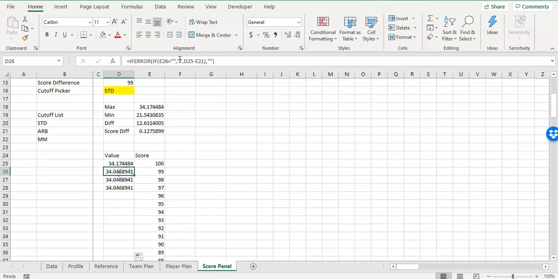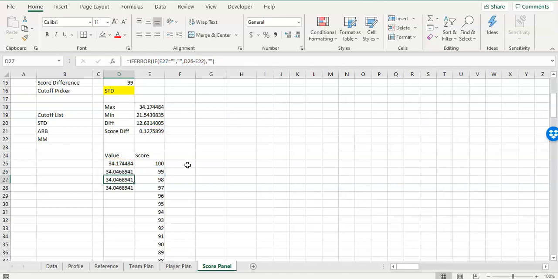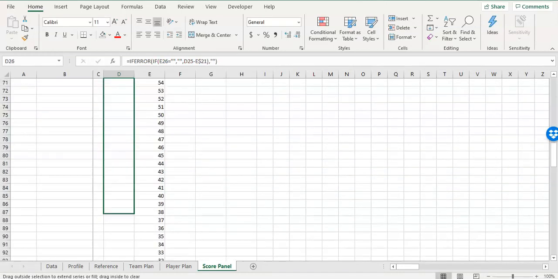Before you drag it down, we need to lock in E21. Or you know what, maybe we just lock in row 21, so when we copy and paste it, it'll be better. So I'm locking in row 21 by putting a $ sign before it, and I'll click enter. Now, if I drag this down, I hope,